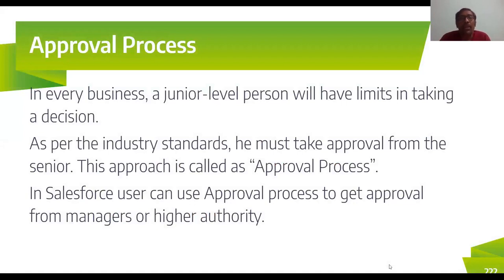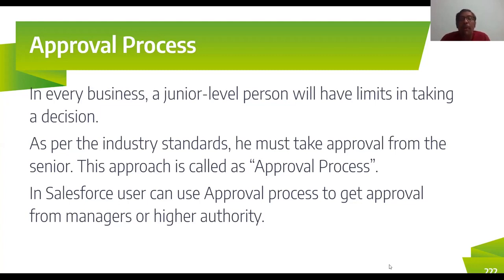In case anything in the company you want to take any decision, the lower level cadre people will not be able to take any decision. It will be given to the higher officials only. Only the top management would take a lot of decisions rather than the middle management or the lower management people, right? Anything you want to purchase, you have to get the approval from the higher officials, and then only you can go with the purchase. Otherwise, you will not be able to, right?